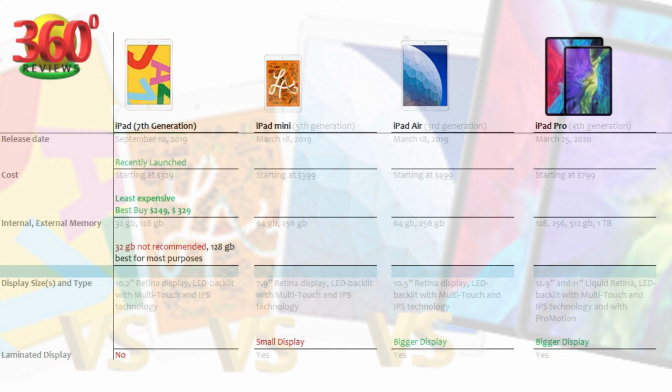So if you want something for general use in a fixed budget, capable of doing most of the routine things, and on top of that you also want a big screen, then iPad 10.2 should be the option. But if you prefer the device to be compact and portable, then the only option is iPad mini. If you can stretch your budget and you are looking for a bigger screen but with higher memory and higher processing power, then iPad Air is recommended.